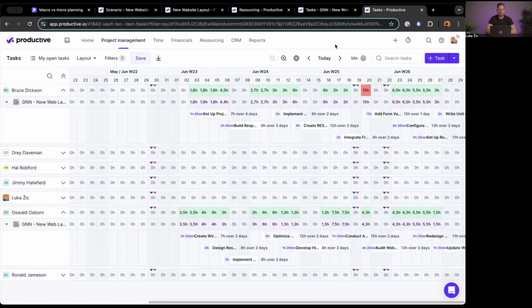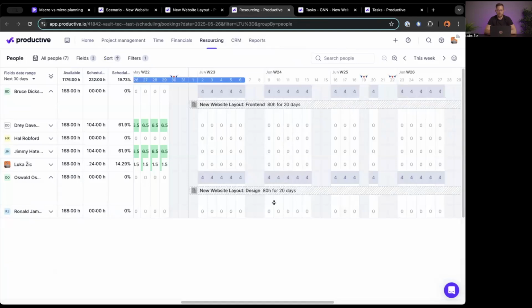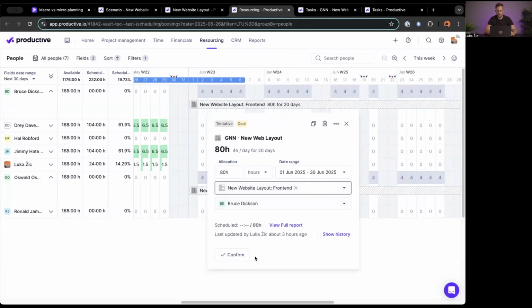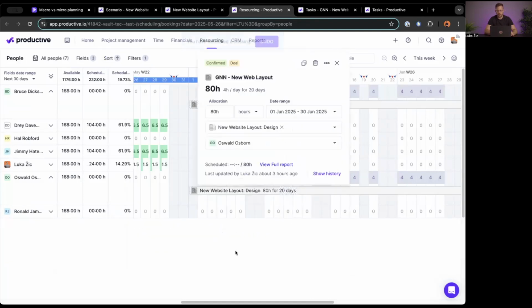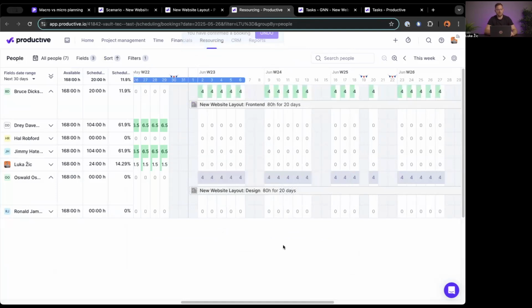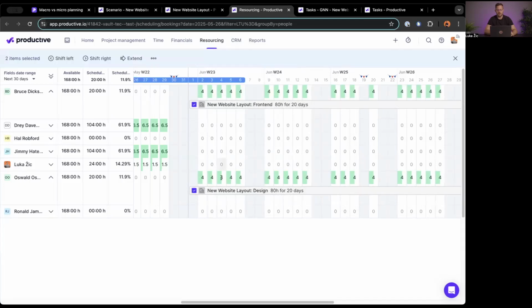I will point out a few useful things here. So let's say that at this point in time, the client, even after we've greenlit everything, tells me, hey, we need to delay everything by, let's say, a week. How difficult is this to do? Well, not particularly. You see here we have these 2 bookings that should have been confirmed by me in the meantime. So let's do that right now. And let's say that I just want to move this into the future by a week. How do I do this in an easy way? Well, I simply hold down Shift and I multi-select my bookings. I can do 2, I can do 10 of them if I have that many of them. And I can simply say, shift this right by 1 week. Nice.